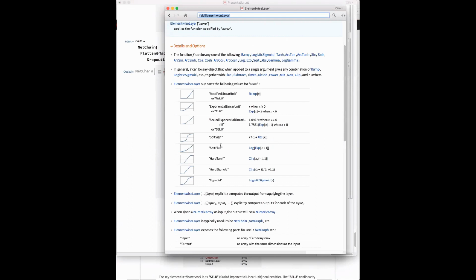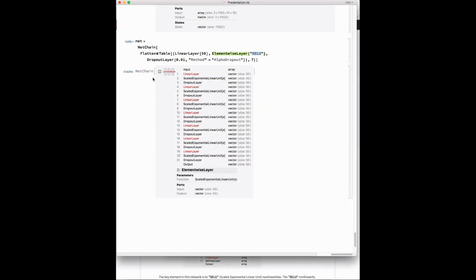And it's kind of a magic nonlinearity: if you give it inputs that are normalized, meaning each feature has a mean of 0 and a standard deviation of 1, and you pass it through this kind of network that has this nonlinearity and linear layers, then it continues to be normalized all through the computation. And this property, plus a variation on a dropout layer, which is the alpha dropout method, which is also part of our dropout layer,